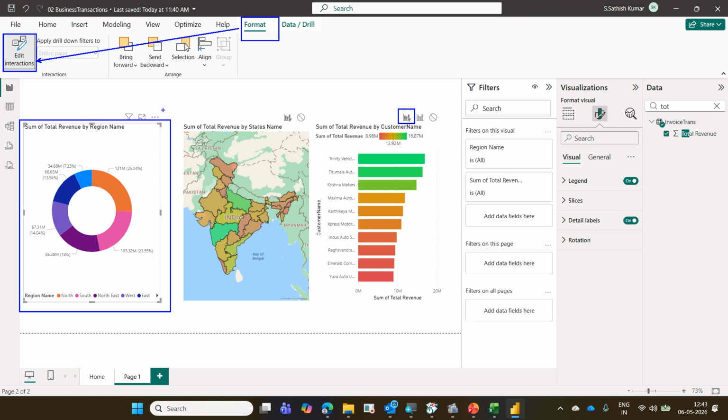This is the first step. And this is the second step. And this one is the third step. After doing it, once again you have to go to Format and switch off that fourth step. Second, fourth also you have to do the same thing. Switch off that. Once again, Format and switch off.